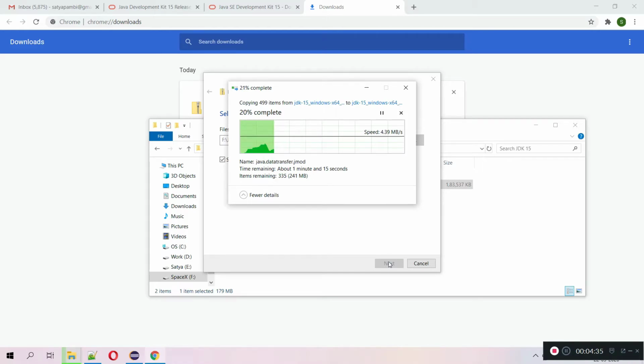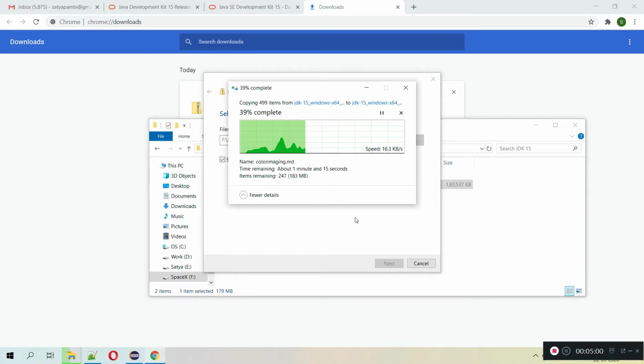Here there are two reasons I am doing this video. One thing is without installing we can go for alternate options. There might be some issues while installing Java JDK software, so you can go for the alternate option where you don't need to actually install, but you are still able to work with all the new features.